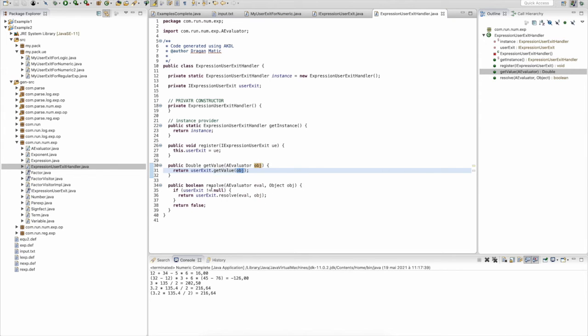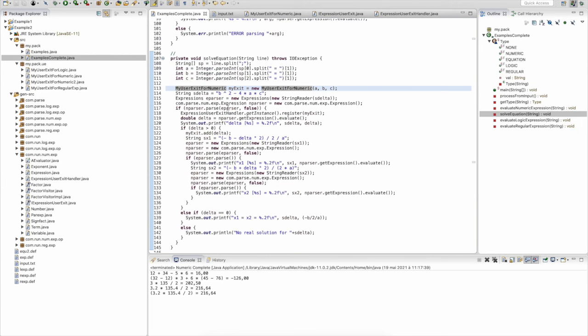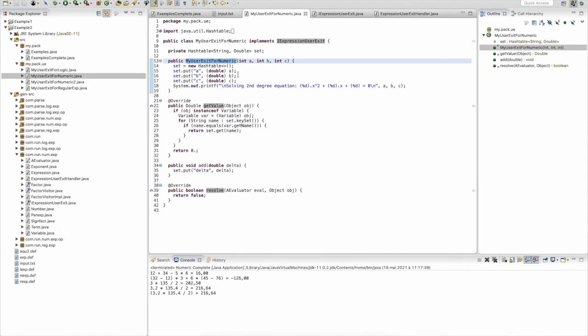Okay, and the other way we use this user exit is we will see that later on. So right now we have then created this instance, which will